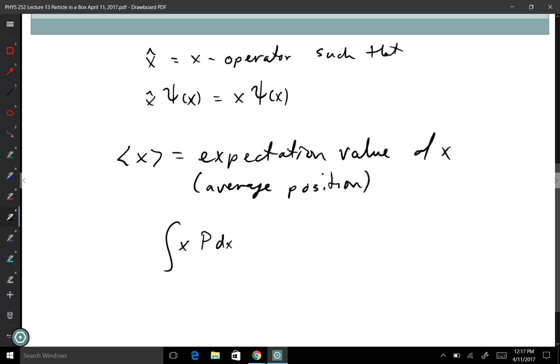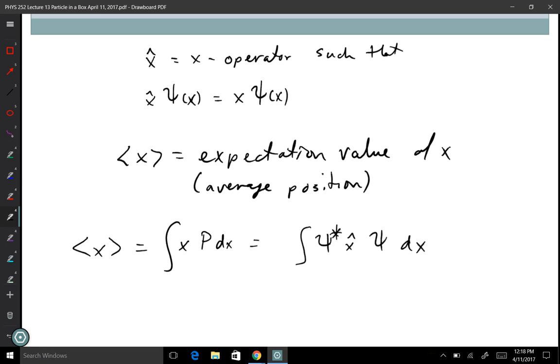But probability is psi star psi. And so this turns out to be, as a general form, like that. But the x operator acting on psi should give me back x times psi. And so this is going to be equal to, in our case, the integral from 0 to L. We now have done what G was. The G mod squared was L over 2, so I'm going to put that out front. x sine squared